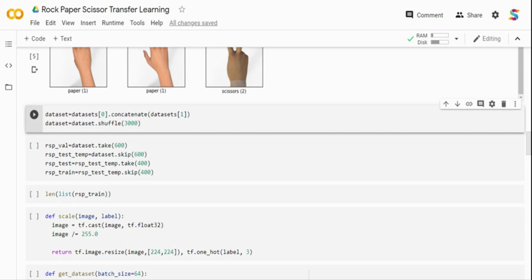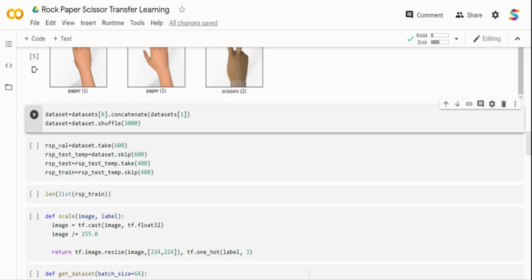The very first thing I'm doing is taking the first 600 records and assigning them to a validation data frame. I'm skipping the 600 records and assigning the rest to a temp test variable. So the idea is, if I have 2000 images, I take the first 600 images and assign them to a validation frame.